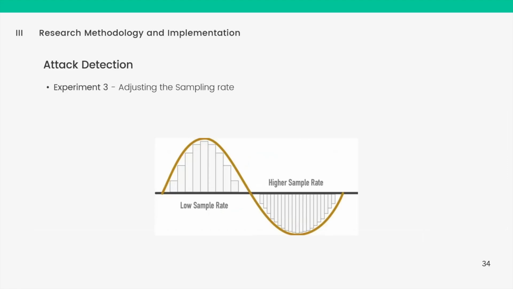And the next part is reducing, or adjusting, the sampling rate. As I mentioned, we are using a 20 megahertz sampling rate. So the amount of data is very high in dimension. If you are using this in a very resource constrained device, running the ML model and making the analysis is quite difficult with this much data. So we tried to reduce the sampling rate to see whether it would affect the detection accuracy.